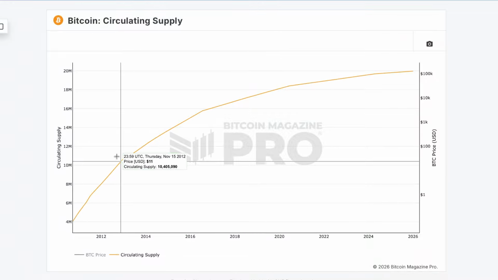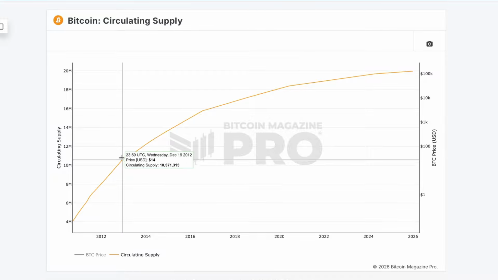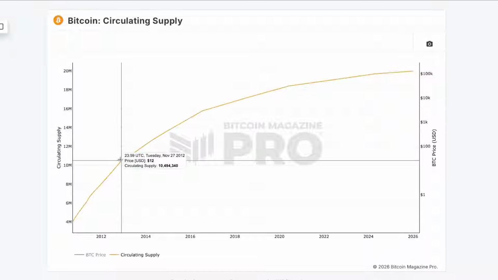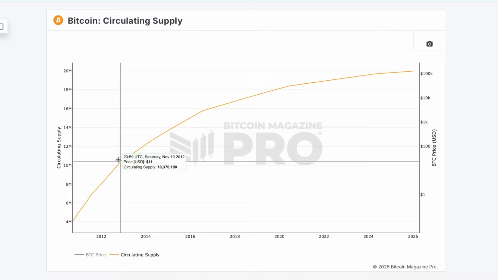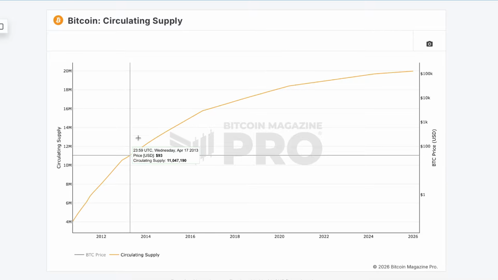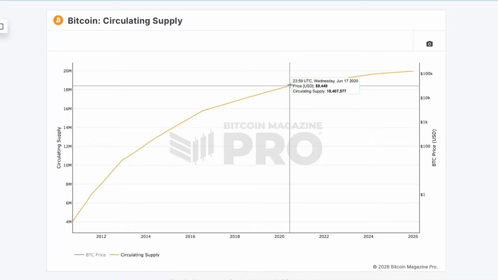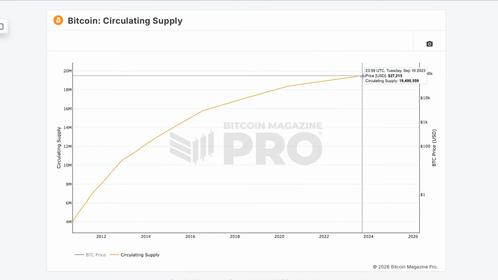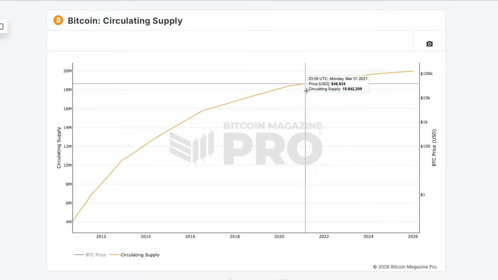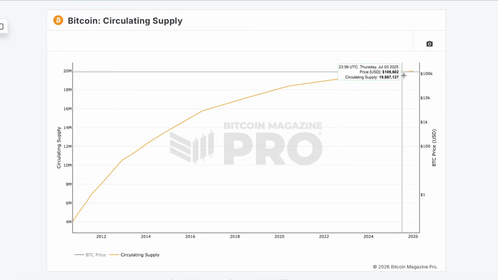This is decreasing every 4 years due to what's called the Bitcoin halving event, which we'll cover more in depth in a future episode. But if we look at the first 4 years or so of Bitcoin's existence, we could see around 10 million Bitcoin came into circulation. Now, if we look to 4 years later, only around 5 million more Bitcoin came into circulation. And 4 years later than that, we saw around 2.5 million. 4 years after that, around 1.25 million. So we can see that there's a very diminishing inflationary rate in the Bitcoin code itself.